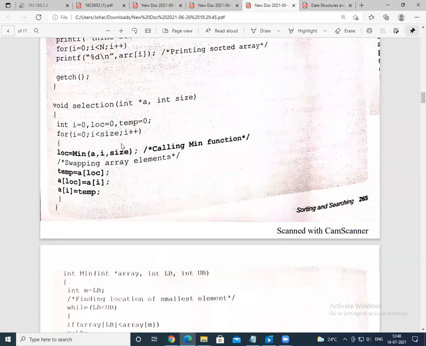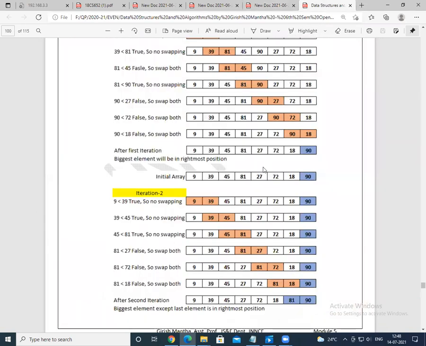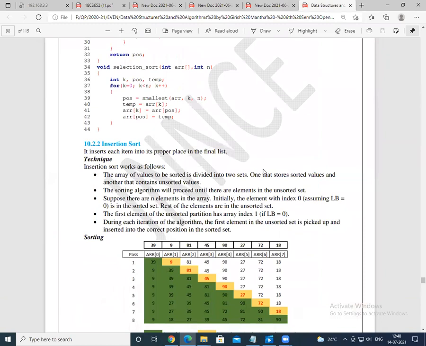So as we go on proceeding, the for loop goes on incrementing. First 5 elements, next 4, right? Second element, 2 to 5, 3 to 5, 4 to 5, as it proceeds. Okay, so coming back to the same concept that has been explained. From a notes point of view, right, what is a selection sort?